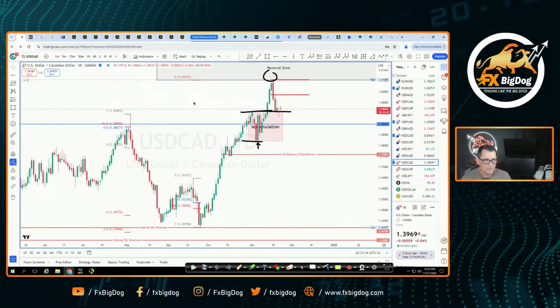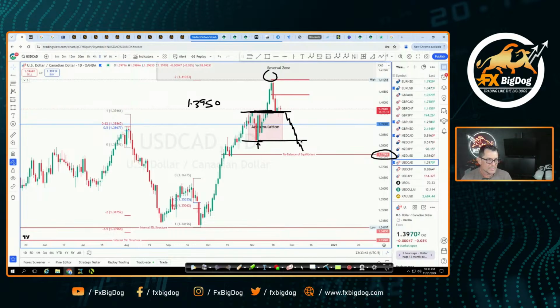So let me say this, that 39.50 is important. I'm watching that very carefully. 39.50. Why? Because this is the top of the accumulation. I'm expecting price to want to come back down, sweep the low here on this accumulation low, which is the election low as well, and then rebalance to equilibrium, which is priced at around about 37.80 or 37.58.